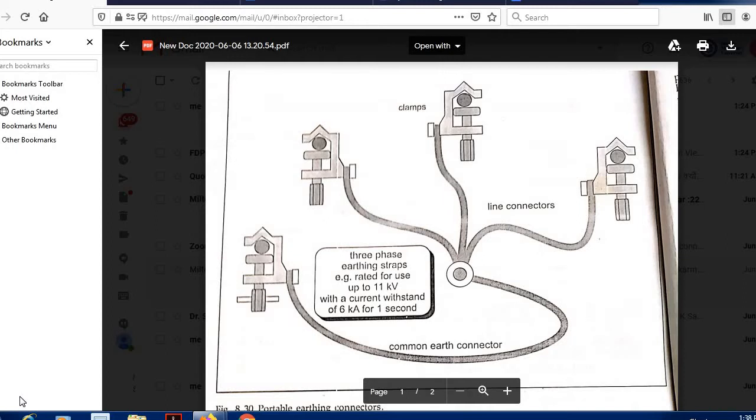What do we test? We have discussed many times that in an electrical system there are only three types of fault that can happen. One is open circuit fault, and that chance is reduced very much because we are using multi-strand cables. The other fault is earth fault, and the third is short circuit fault. The earth fault and short circuit fault will take place only when the insulation breaks down. So as long as your insulation is good, there is no earth fault and no short circuit.